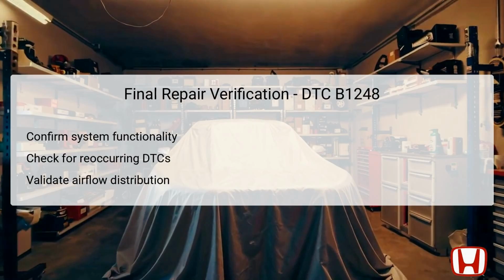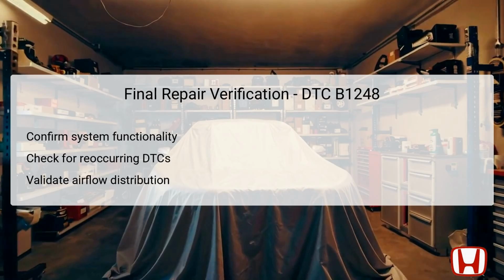This verification ensures that the driver and passengers can enjoy a comfortable riding experience without unexpected climate control issues. Additionally, the verification process provides reassurance that thorough troubleshooting and repair cases were executed properly, ensuring long-term performance and reliability